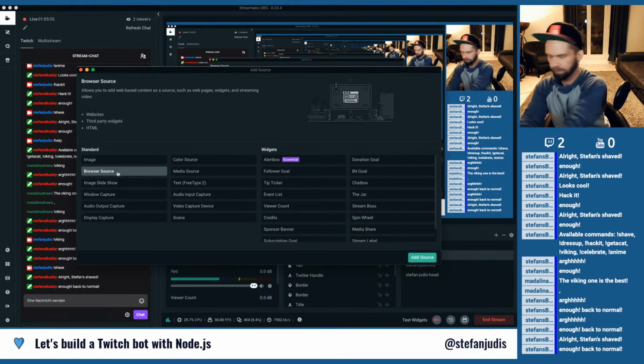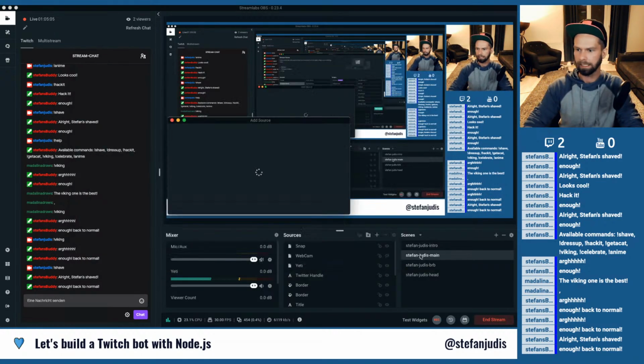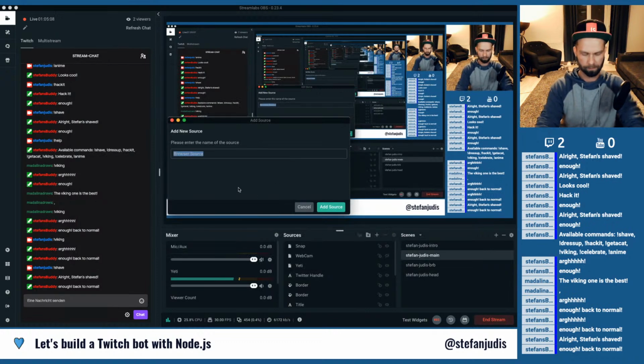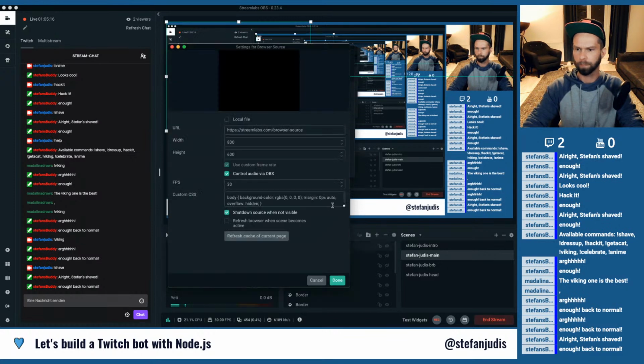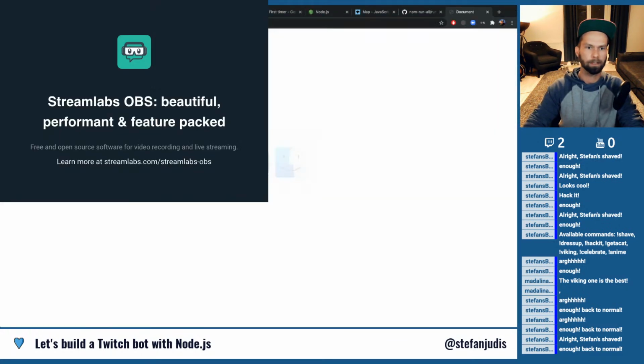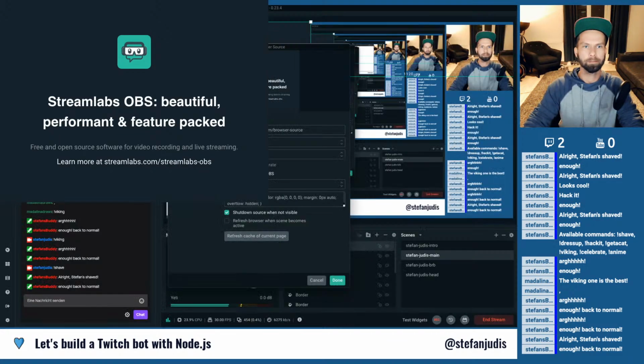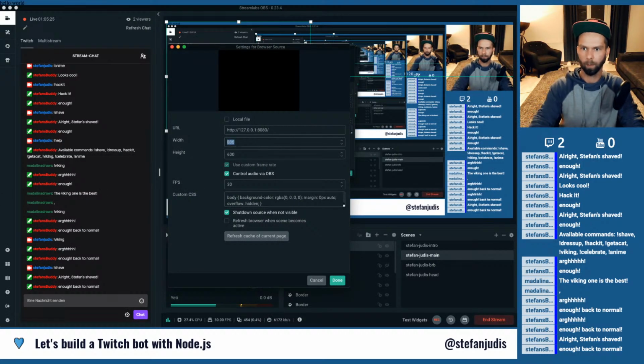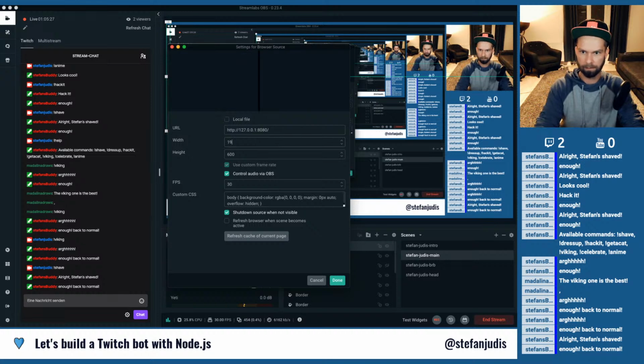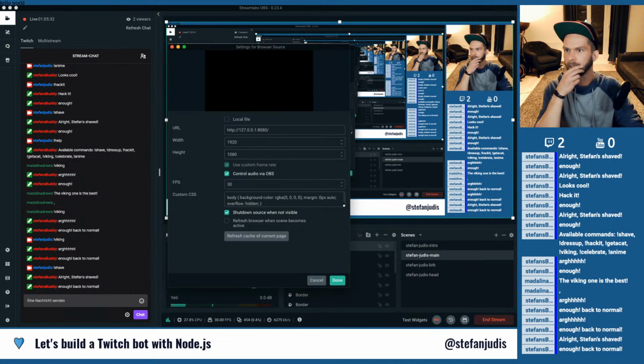And I want to have a browser source. Let's add that one. Let's call it streaming front end. Sounds reasonable to me. I'm gonna add that one, and I'm gonna go to Chrome and copy this body here. Here we go. And we say that the width is 1920 and the height is 1080, which should be pretty much the whole